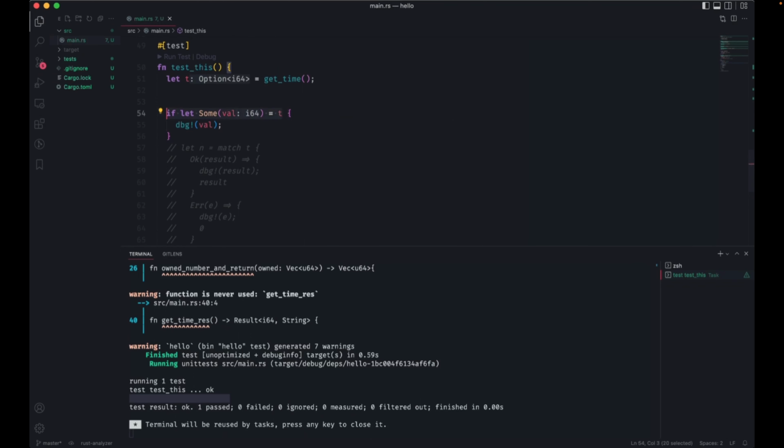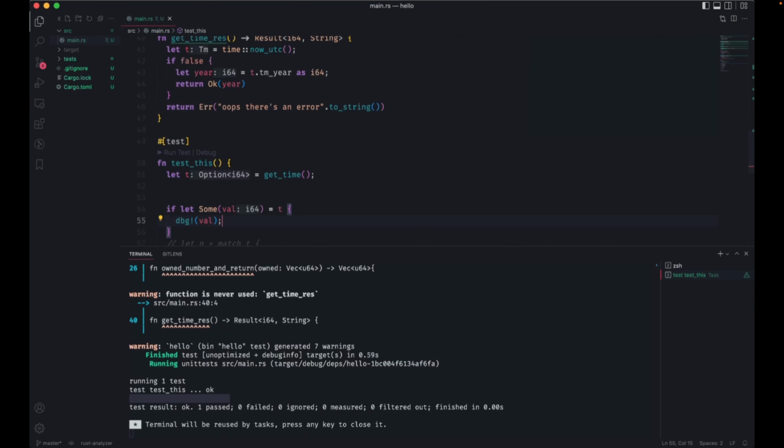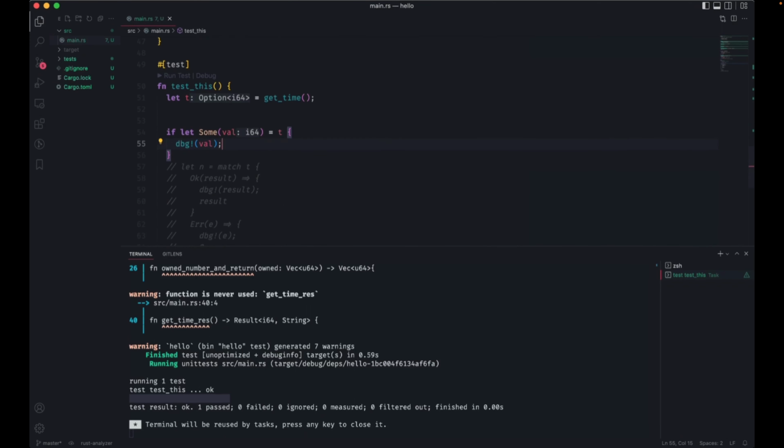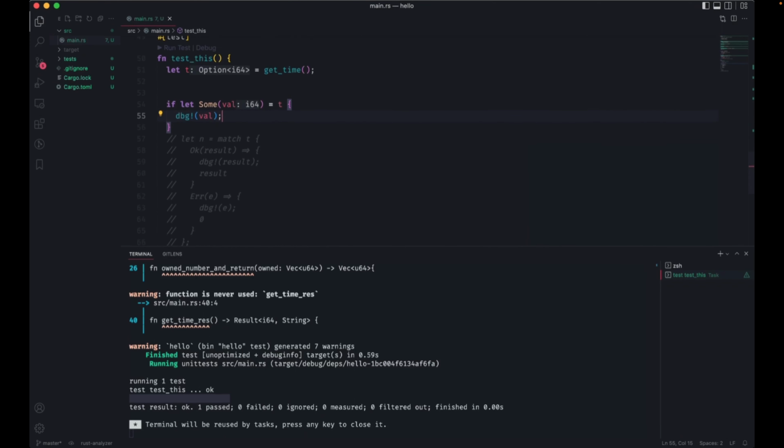This is a very common pattern you'll see throughout the code, the destructuring of an option type, and then doing some code in that block. So I'll stop here. Is this enough for recap of error handling? Yeah, I think so. That was really good.